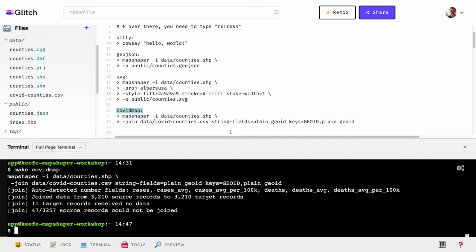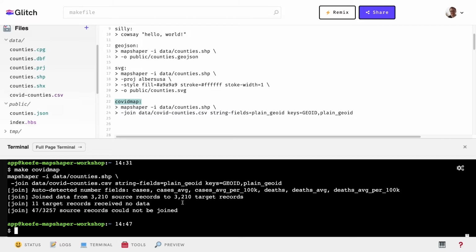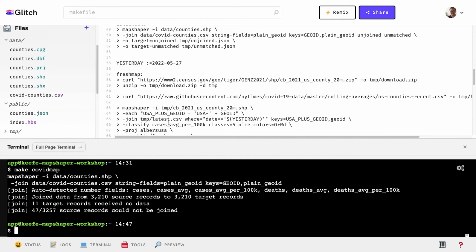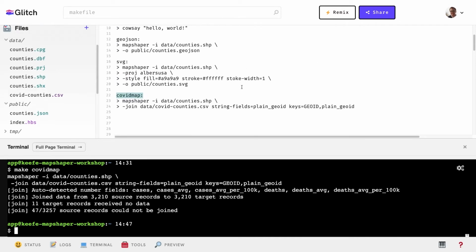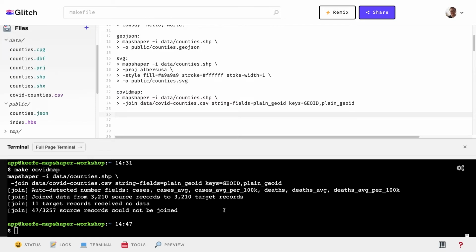And I will tell you that there's a way to find out what's going on here. And I've actually made down here a command for you. It's make data check. And if you do make data check and this uses some extra commands and writes out a couple more files, it actually spits out what's missing here. But for the purpose of brevity, you can do that on your own if you'd like and look at those files. But what I'll just tell you is what's missing here, these 11 target records,